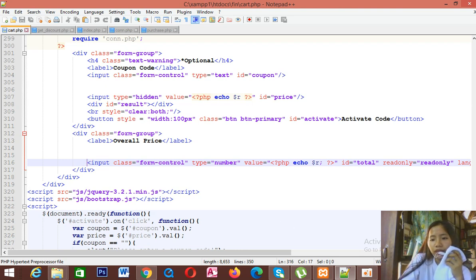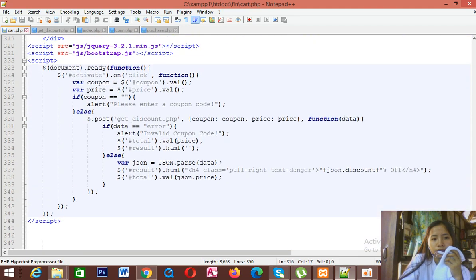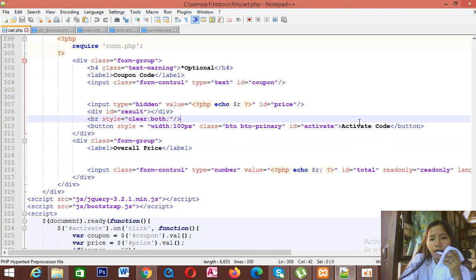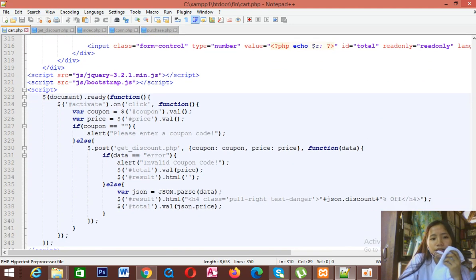So we have here a condition that after the buyer clicks the activate code button, these following codes will